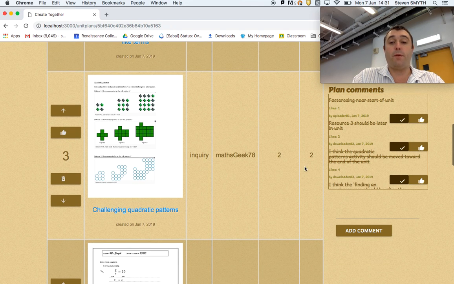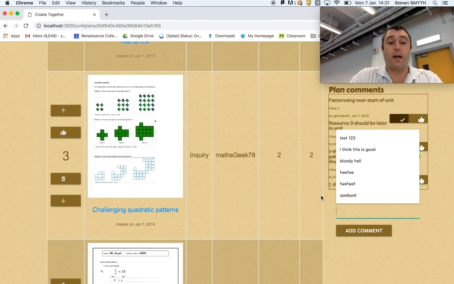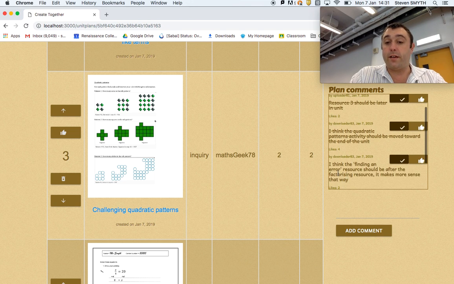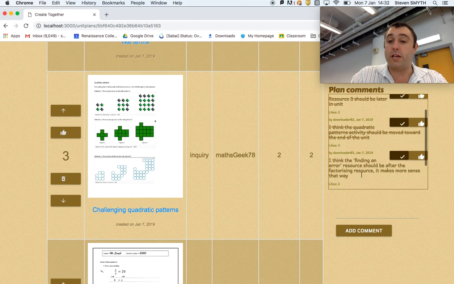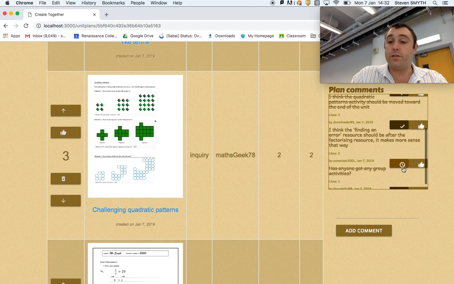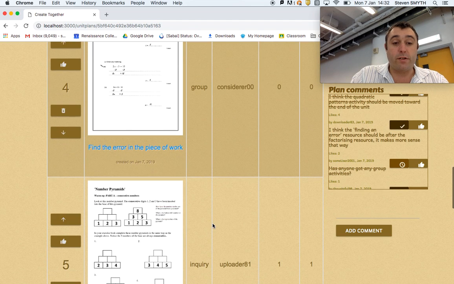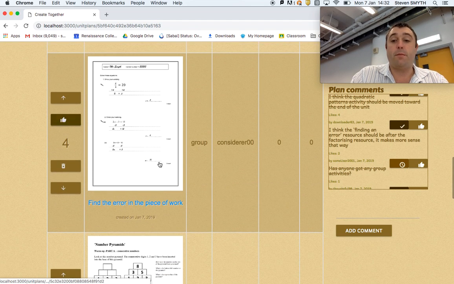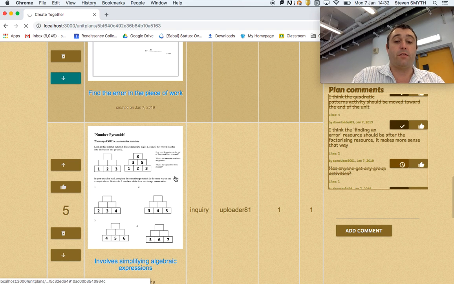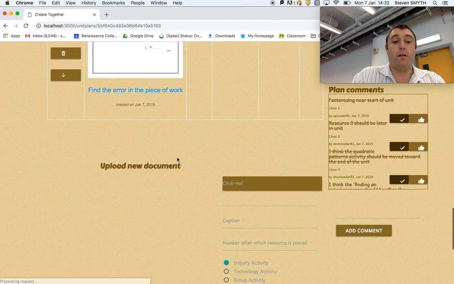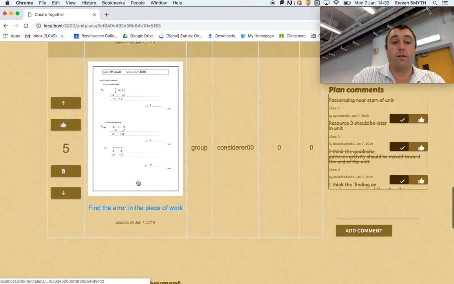Another thing, in the comments section here, there could be a comment like, I think the finding an error resource should be after the factorizing resource. So there's a comment here which hasn't been actioned yet. It's still got a clock here, which means that it hasn't been actioned. So finding an error resource, which is this one, maybe that should be at the end of the unit. So we could use the arrows to move this down to the end of the unit. And there we are. It's now moved to the very end